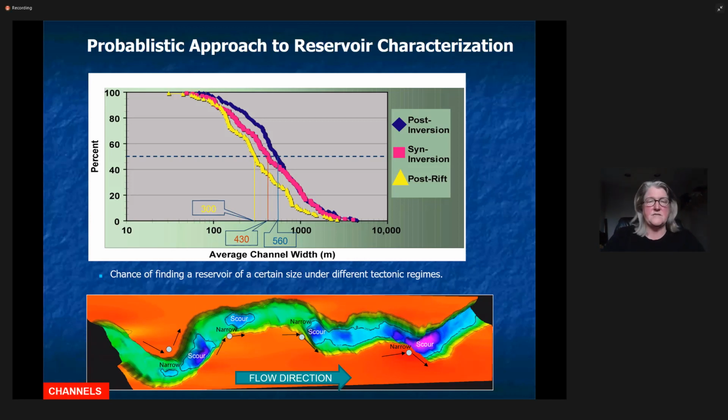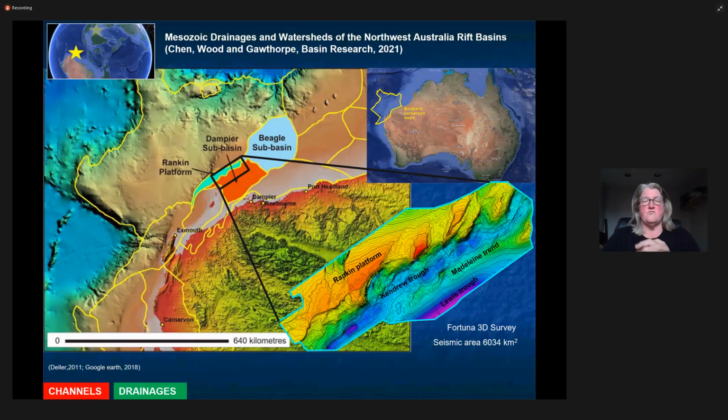If we step these concepts up, we can also take them into more of a drainage basin or watershed scale. This is from a paper. I've got the reference to the paper by a really super bright young man named He Chen. He is now an assistant professor at the University of Petroleum Beijing. He took a postdoc at the University of Arkansas, and he also worked with us when we were at Colorado School of Mines. And this is Rob Gawthorpe. Rob Gawthorpe has a deep history in rift basins. He spent his career working rift basins. And this data that you're looking at is from Woodside Energy.